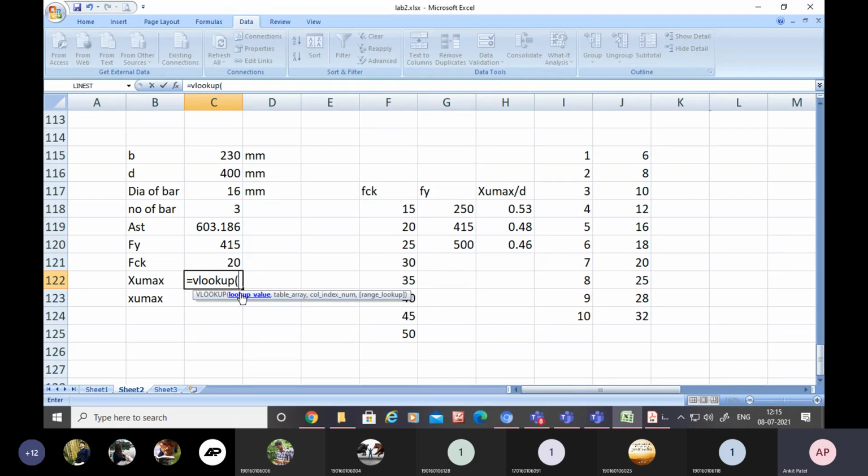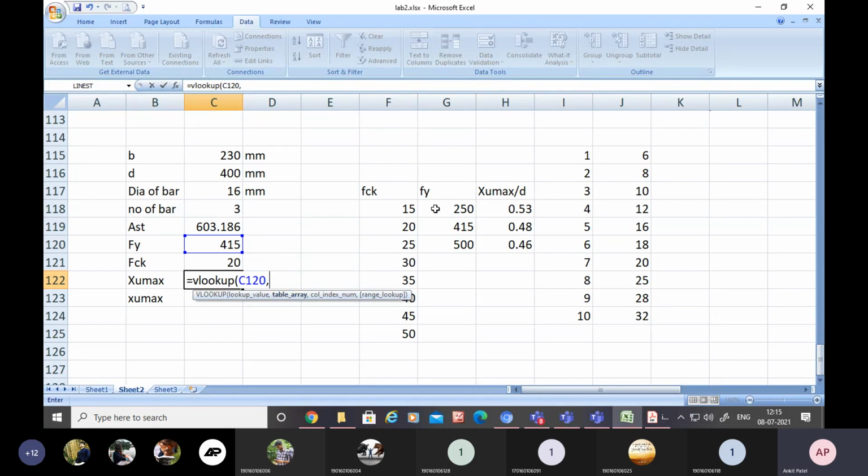For that you have to give this cell as an input. That means you have to find this value from a table. Again it will ask for the table array, from which table it has to find the value of 415.